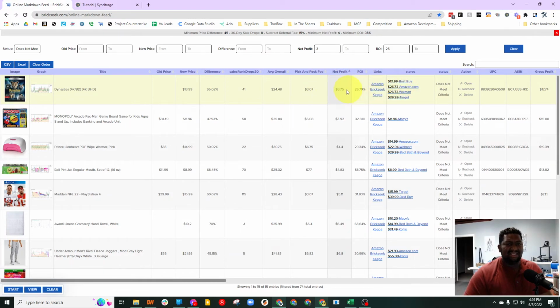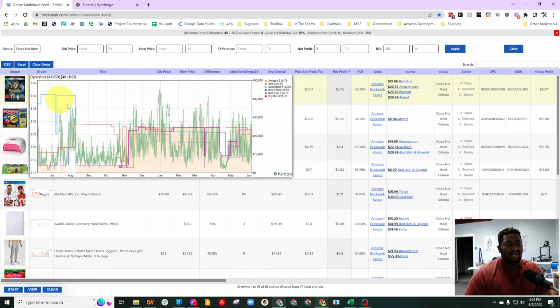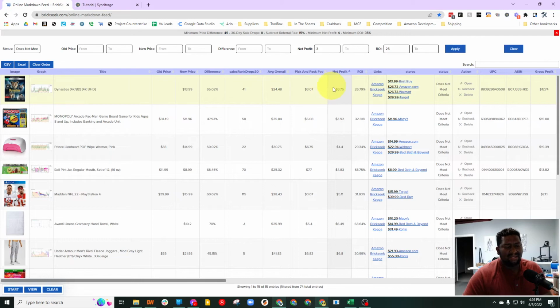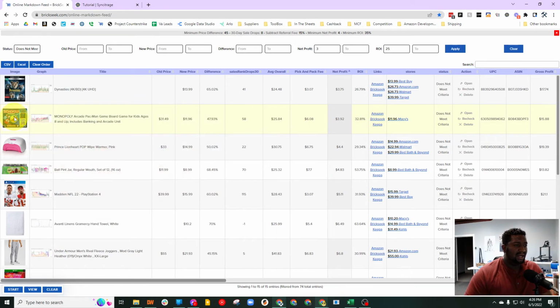It's right on the edge for me. I might take that $3 if it moves fast enough. This looks like it moves dramatically fast. Yeah, I might take that. And honestly, I've been buying a lot more DVDs and video games because they're so easy to prep. You can just slap a label on them and get it out the door. This is saying that's a $3 net profit and a 32% ROI, and it looks like it moves tremendously fast.